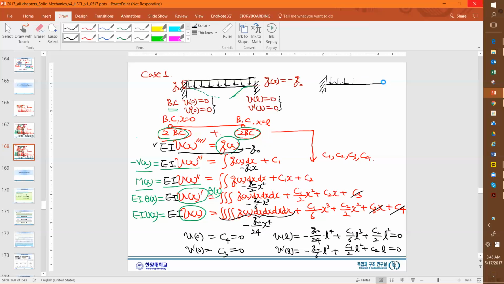Well, physically, what does it mean? The free on the right-hand side. Free means there is no shear force and no moment. So mathematically, well,